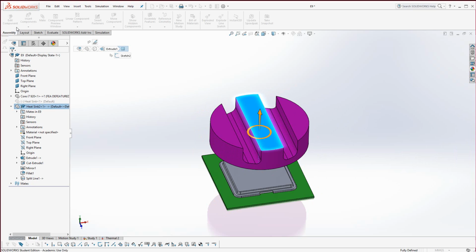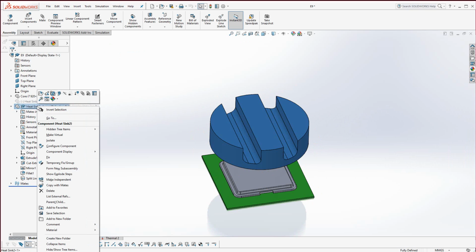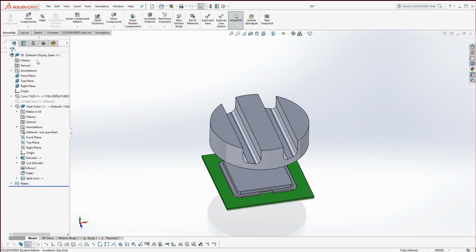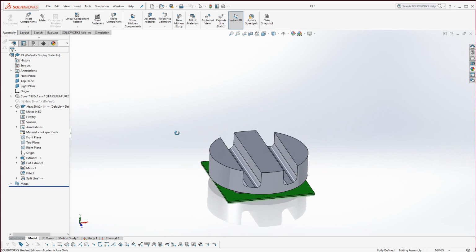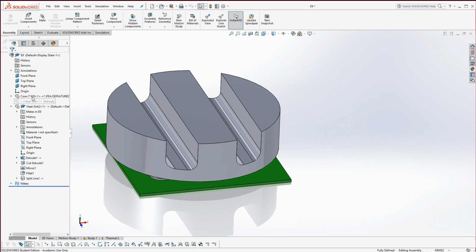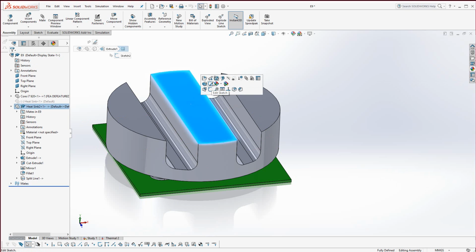So we have to go back to the assembly, and from here, let's select that heatsink. We should actually collapse it. If you right click at the very top here, you have the option to collapse, because it was in its exploded state. Now from here we could go and edit this. So if we click on it and go to edit part right here,